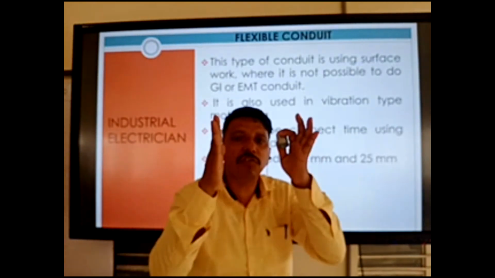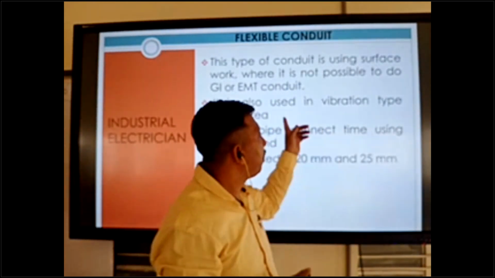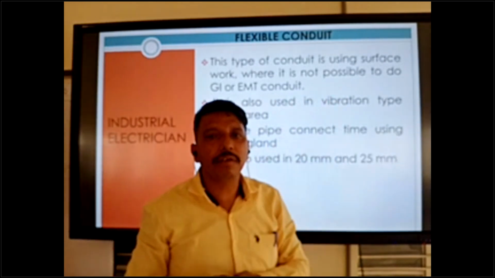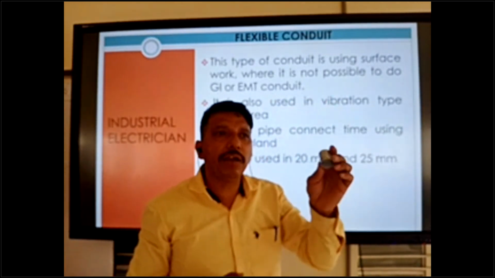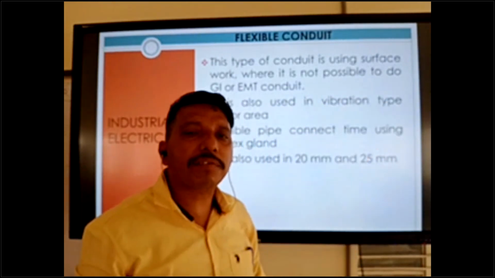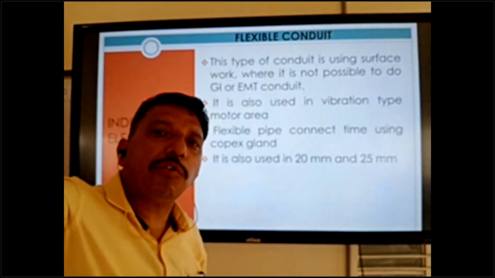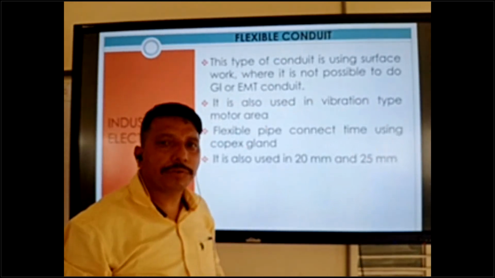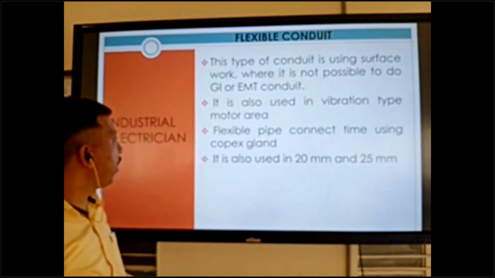So in that area also we can use flexible pipe, a small piece like 1 meter, and cross this difficult place. After the straight place, we can use GI conduit or EMT conduit.